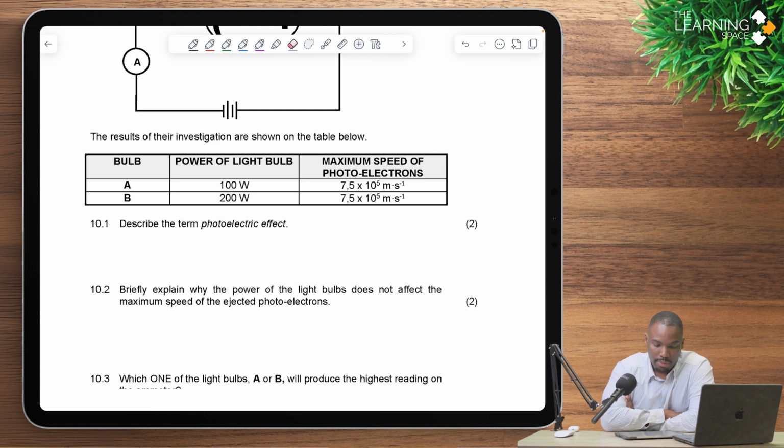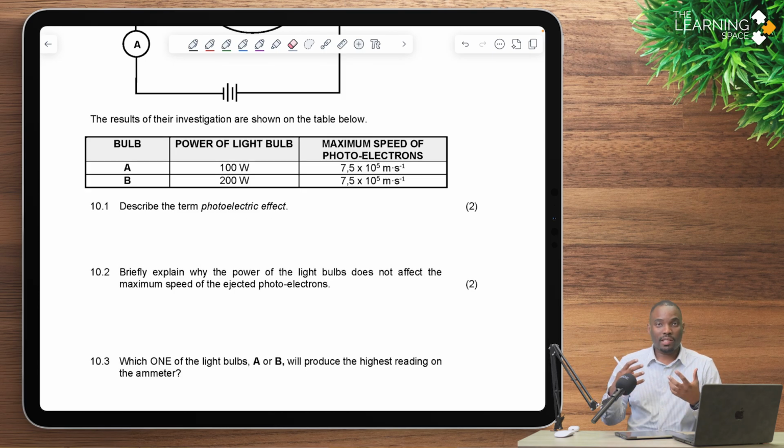10.2 then says, briefly explain why the power of the light bulbs does not affect the maximum speed of the ejected photoelectrons. Now remember, what does the power tell us about? The power tells us more around how much light is going to be emitted, right? Rather than the energy that the light will then possess. The energy that the light possesses is determined mainly by the frequency of that light. So the power of the light doesn't affect my frequency, which means it will not affect the energy of the